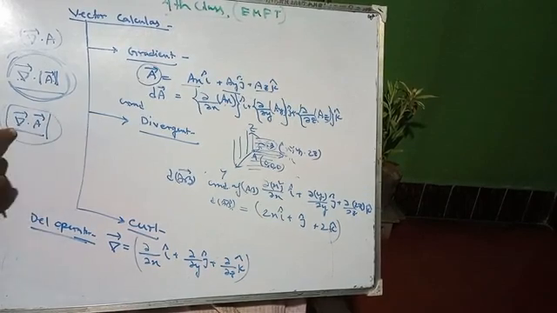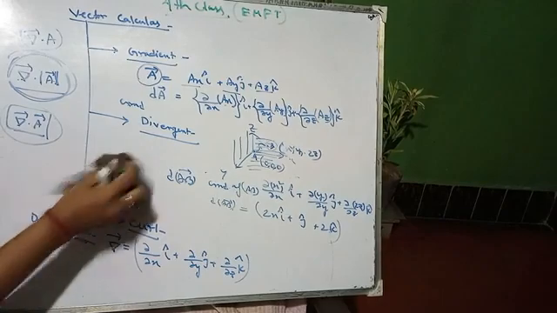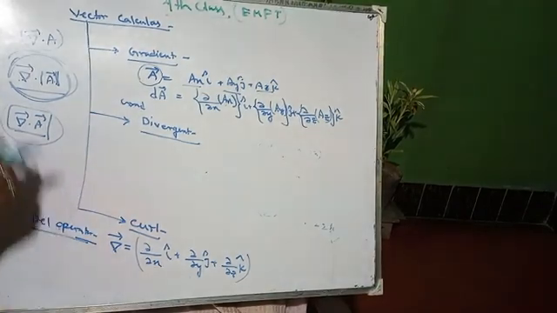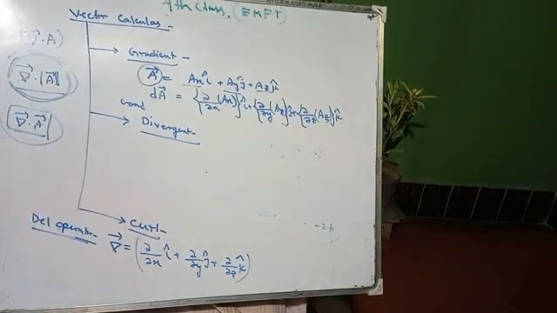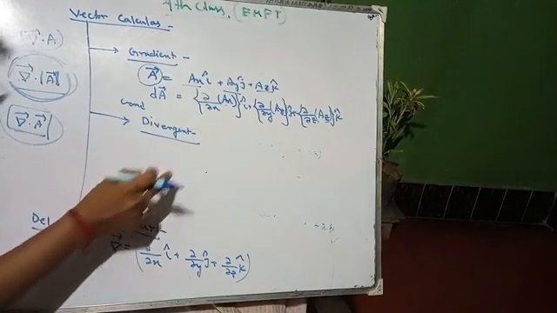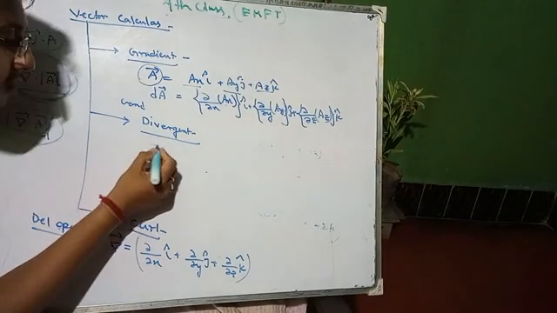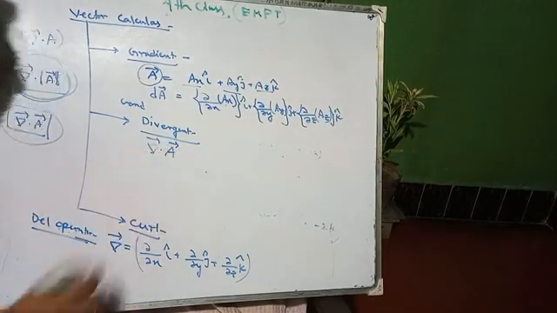you can say that this is the divergence. So what is the concept for the same vector? Divergence means dot product. Write one sentence over here: divergence is an operator which finds the dot product of a vector by the del operator. So the dot product of del with A represents the divergence.